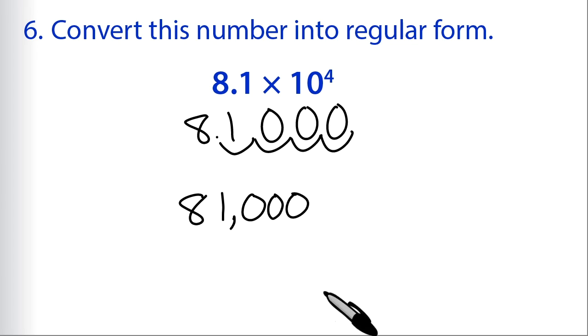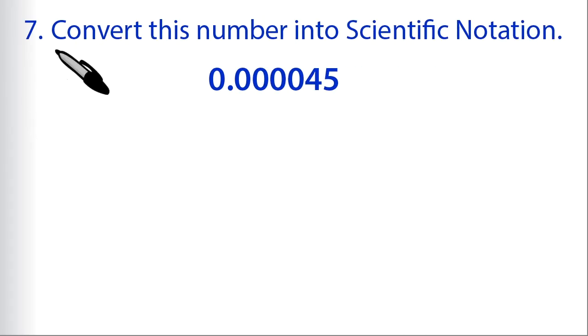Well, at least in America, there's some countries that do it differently than that. So follow whatever rules your country goes by. But for America and a lot of other countries, it's a comma every three digits to help us remember that this is 81,000. For problem 7, we need to convert this number into scientific notation, and we're given